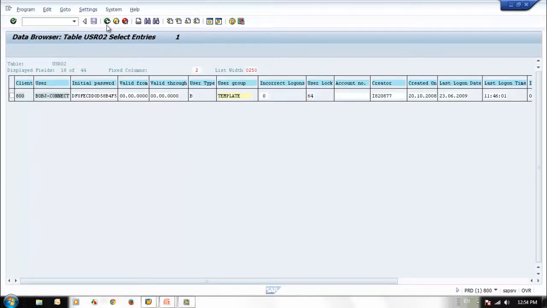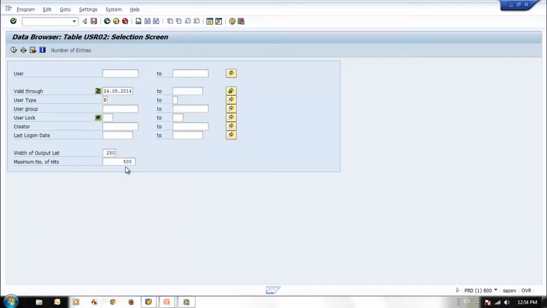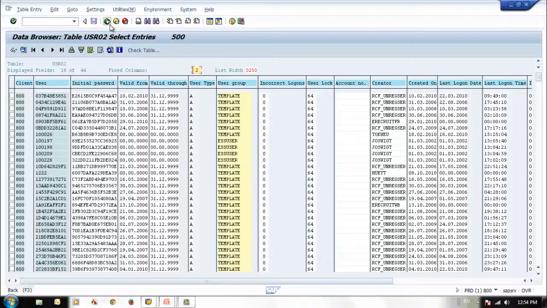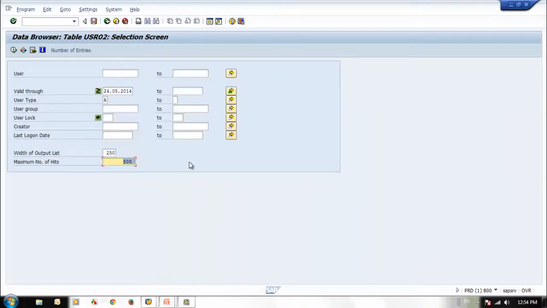And if you wanted to see all the dialog users, then we can simply say all the dialog users which are not presently 0. That means the user lock status is not 0. So we have more than 500. If you remove this one and run it again,